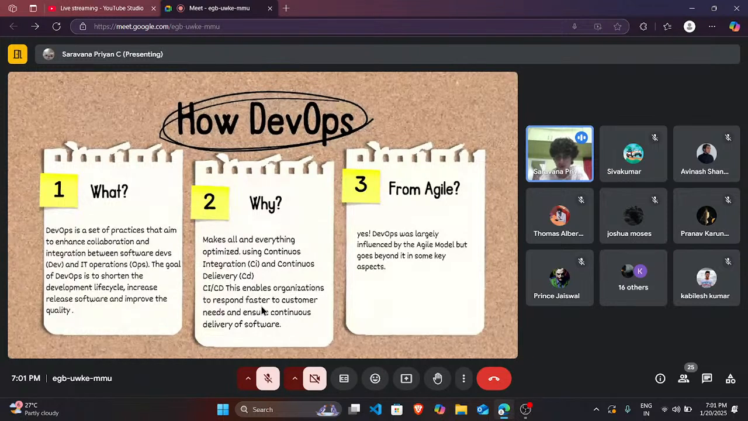DevOps, as we all know, is a set of practices that aim to enhance collaboration between the development team and the IT operations team, like information technology, and how they build software. Here the coders and IT collaborate together to improve the development lifecycle and increase releases. Why are we doing it? That's a key important aspect of DevOps, CI and CD, continuous delivery and continuous